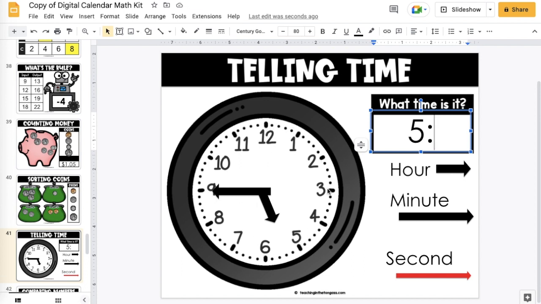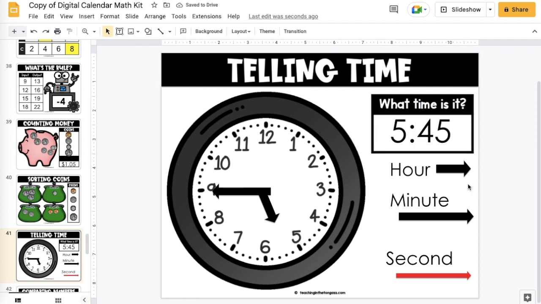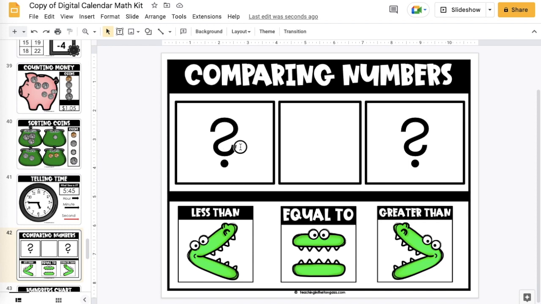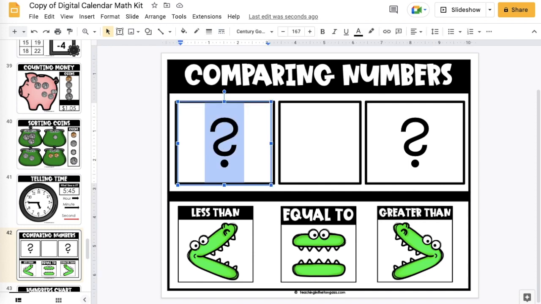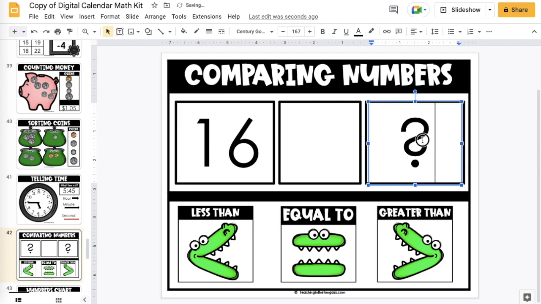5, 10, 15, 20, 25, 30, 35, 40, 45. So our minutes are 45. It is 5:45. Moving on to comparing numbers, I'm going to put 16 over here on the left side and